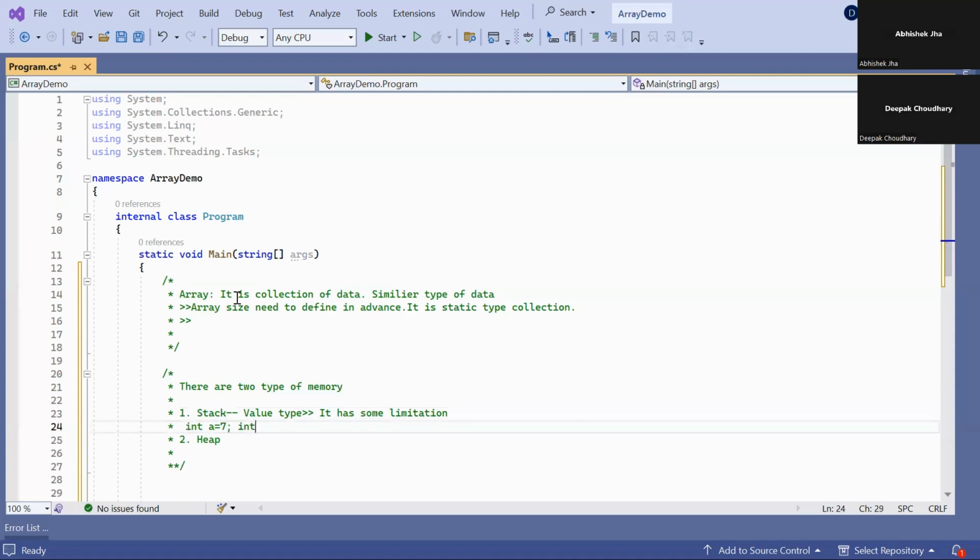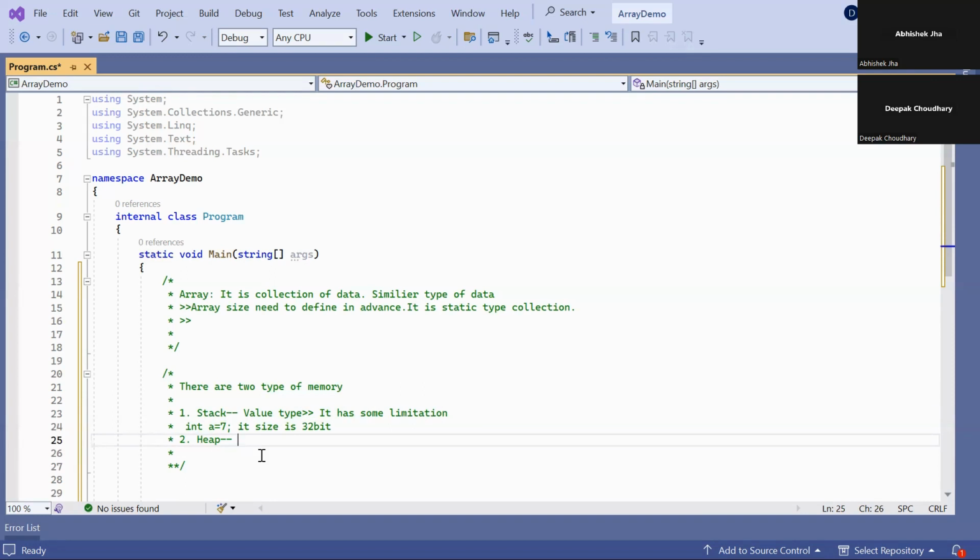That's why int has a size of 32-bit. So what does it mean? It means that an integer contains only data within the limit of 32-bit, not more than that. That kind of data is always stored in the stack memory. If we use heap, that means we want to store data with no restriction, unlimited data.